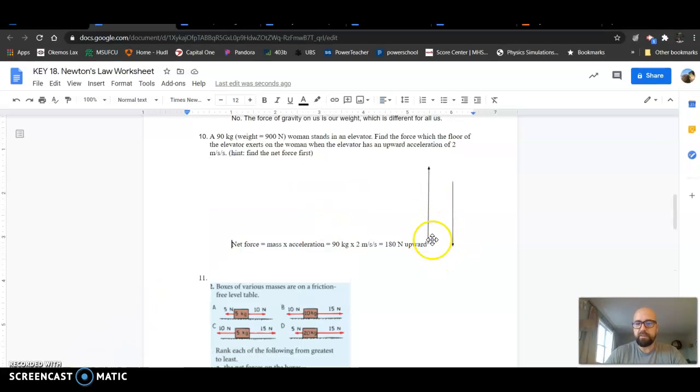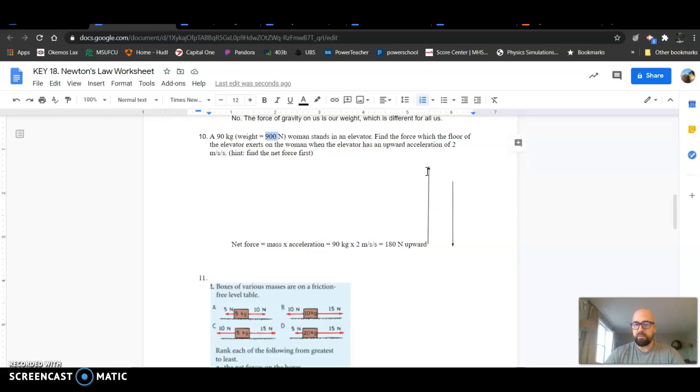So thinking about the forces on her, I put in two vectors here, and I know she's accelerating upward, so that means the force upward on her has got to be greater. And the net force, we just figured out, was 180 newtons. So there's a force downward on her, and that's her weight, which is 900. The force upward from the elevator has got to be 180 newtons greater than that, because it's going to overcome